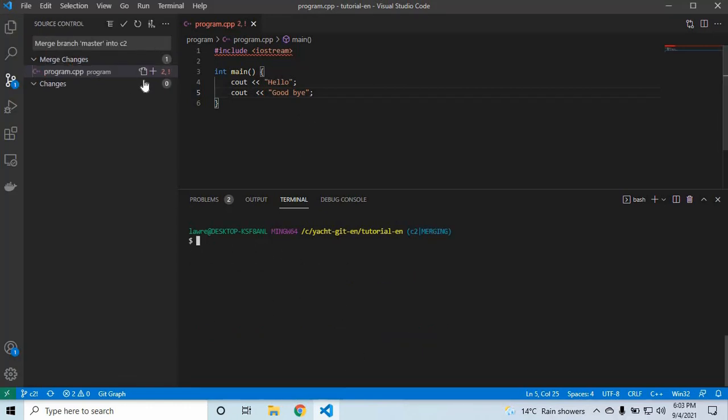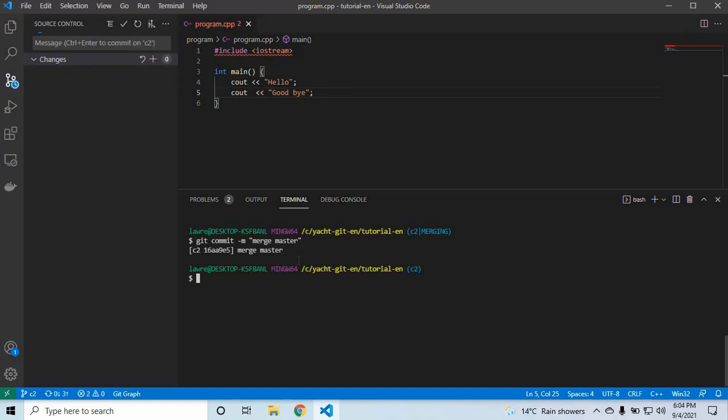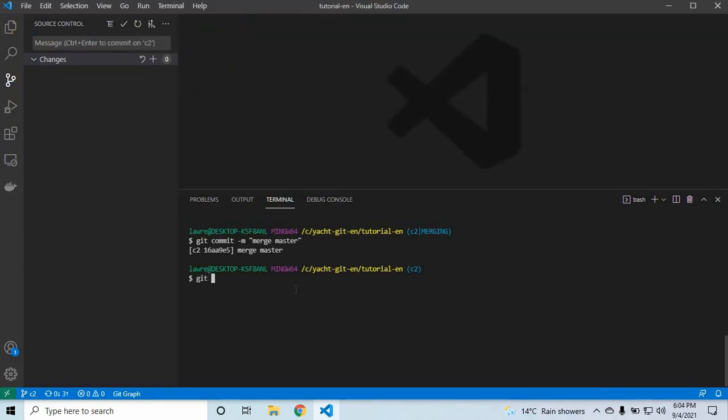Now with this result, what we have to do is, you see that we have these merged changes here. We have to pass them to the staging area, similar to what we do when we have changes in a file. Now we use git commit -m, as normally if we were doing any other commit, with the message merge master, and then I have committed the changes of the conflict resolution. Now I want to push the changes to the remote origin,